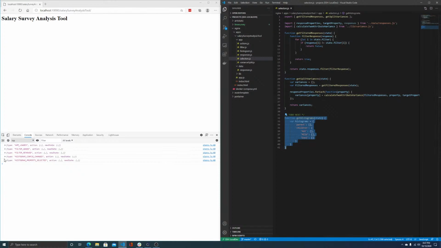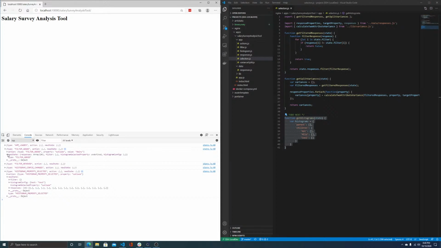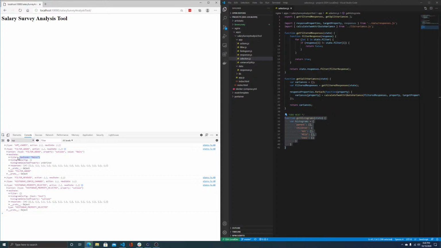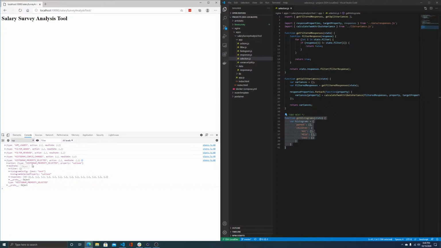So if we look at the application state right now, you'll see that I've got a filter, which if we step back to earlier, you'll see that I can add filters and remove filters by issuing the appropriate action. I've got a histogram configuration,